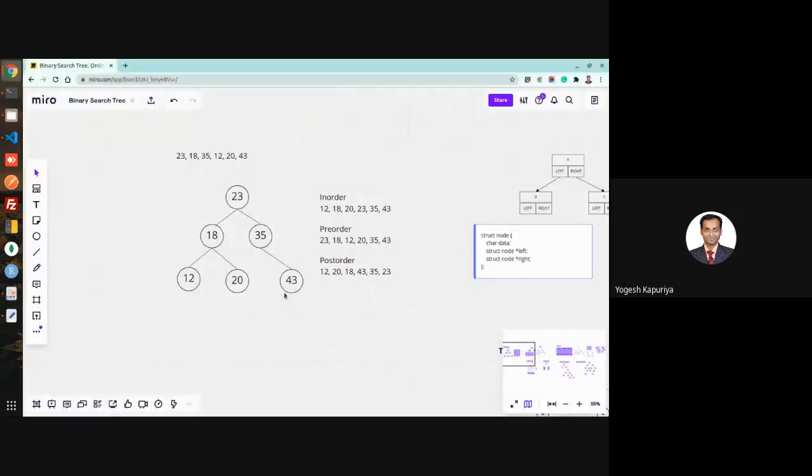Whenever you are deleting a node, there are always three cases. First case, the children are not available. That means all the leaf nodes, where your left child is null and right child is null. When your children are not there, you have to simply delete this. That's it.